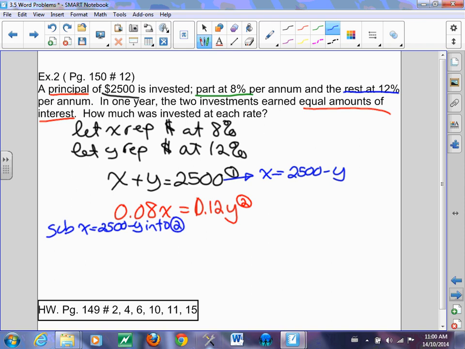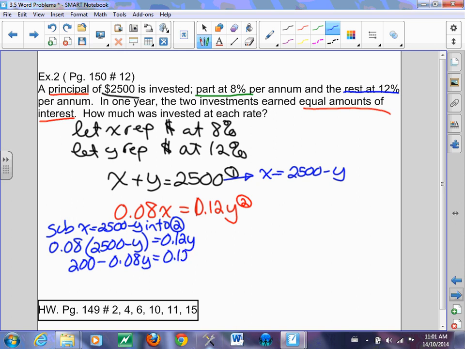So it's going to be 0.08 times the substitution, which is 2,500 subtract y, equals 0.12y. Okay, do my distributive law, and I've got 200 minus 0.08y